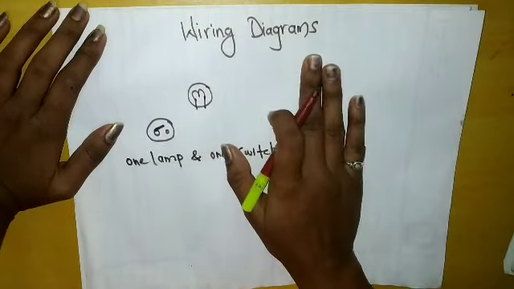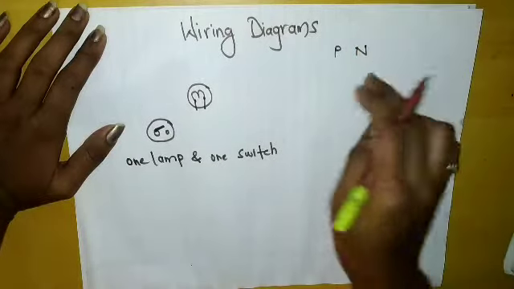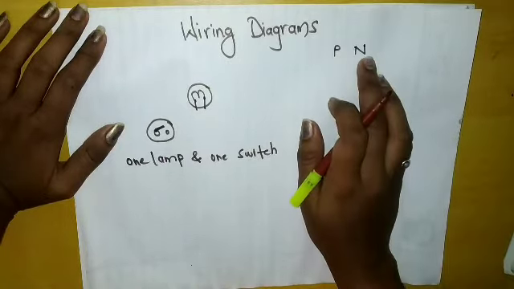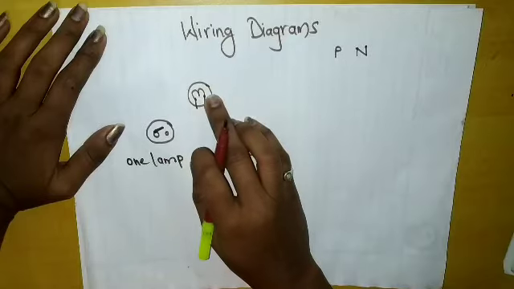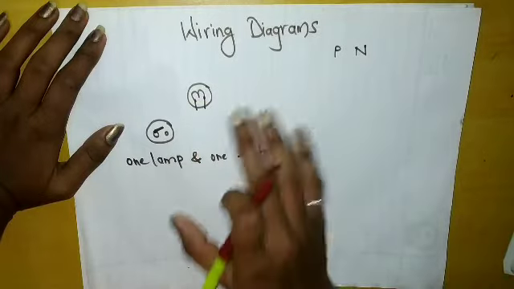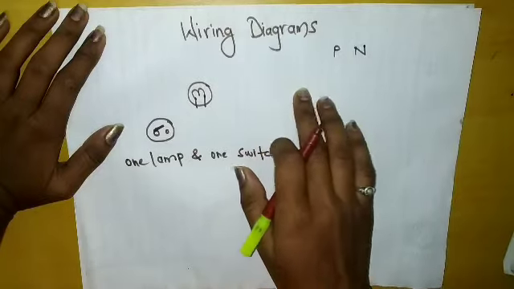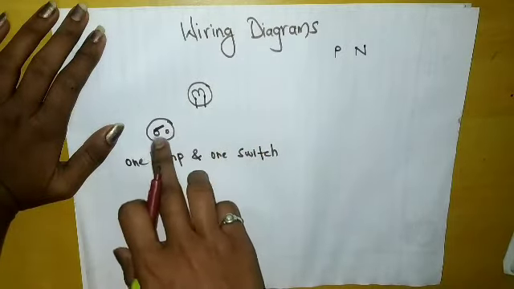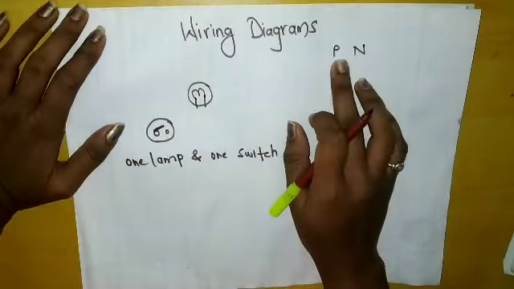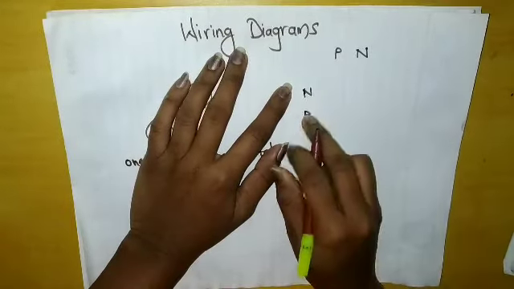Whenever the appliance gets phase and neutral, the bulb will glow. There are two points to remember: whenever phase and neutral are provided, consider this bulb, it will glow, right? We attach a switch so that we can operate it manually. Whenever we want to turn on the bulb, we can turn it on through this switch. Whenever we want to turn it off, we can. So we will see the diagram. As I told you, it requires phase and neutral. So this is our phase, and neutral.